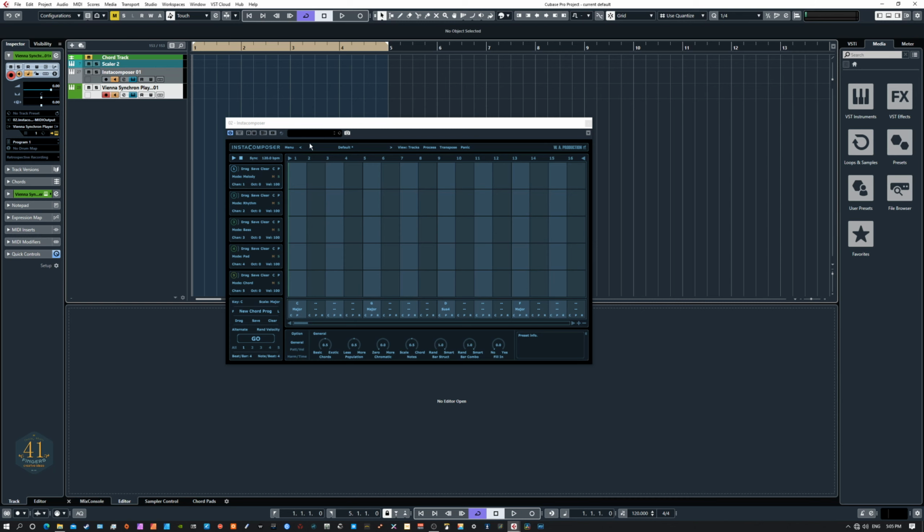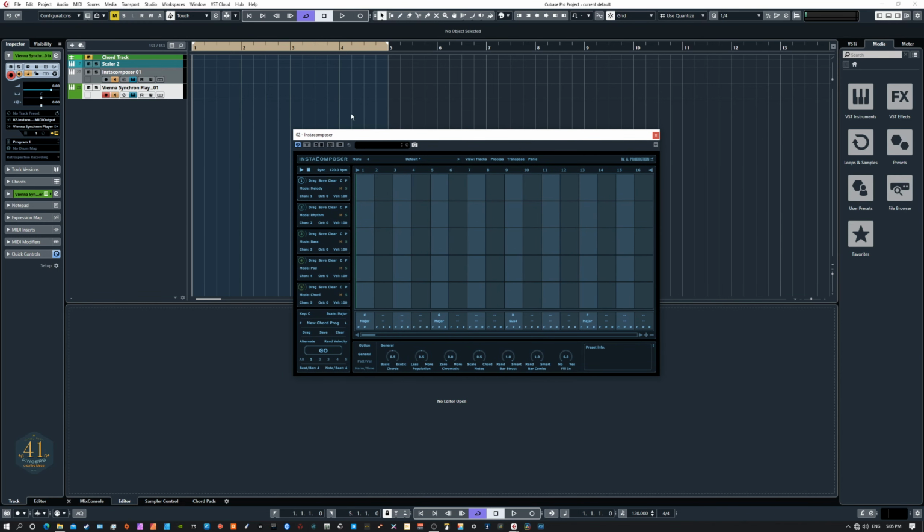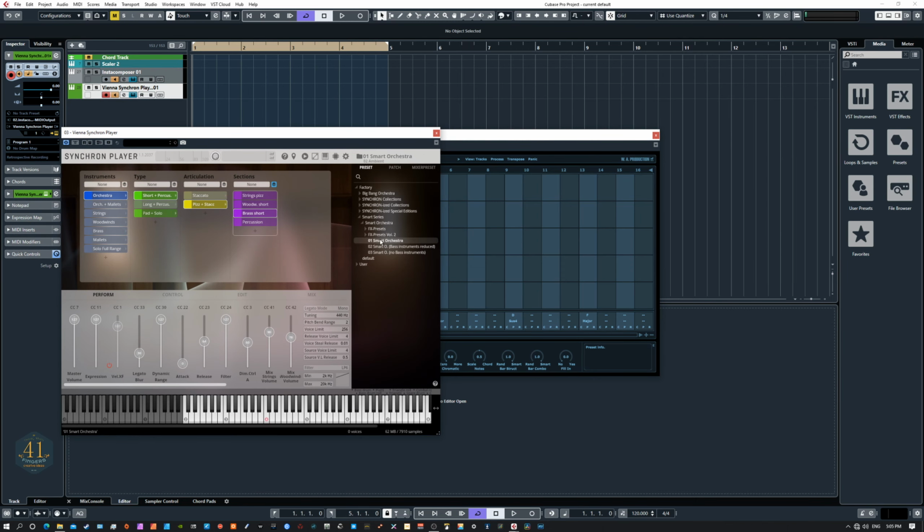First of all, it acts like a normal plugin, so you just add it to one of your tracks. In Cubase, this is the InstaComposer track right here, and for input it's simply input from my keyboard or any controller you have. And for my sound source for the demo today, I simply have it hooked up to the VSL Smart Orchestra. So this is like a tutti full orchestra,